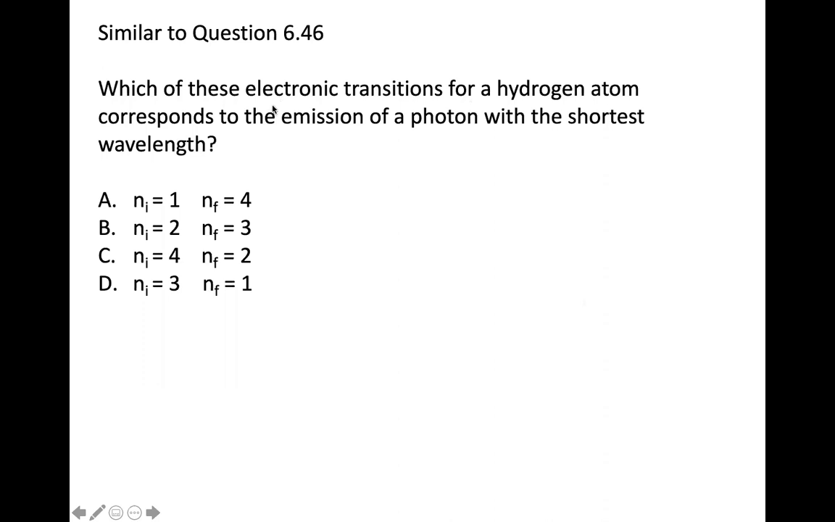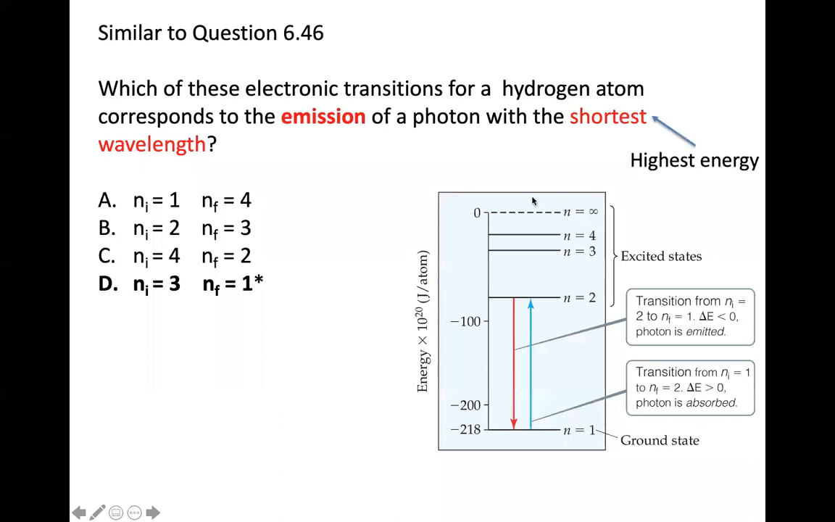So within this one, it says it's the hydrogen atom. Before I do anything else, I know the relative spacing in the hydrogen atom. I know that they're going to get closer and closer together as the n value gets bigger. Second thing I'm going to do is read carefully, because it's talking about the emission of a